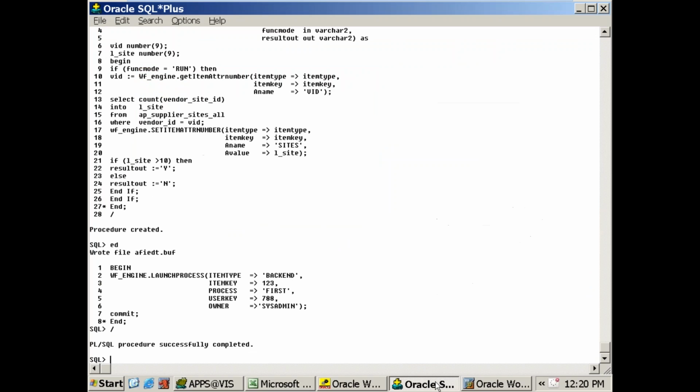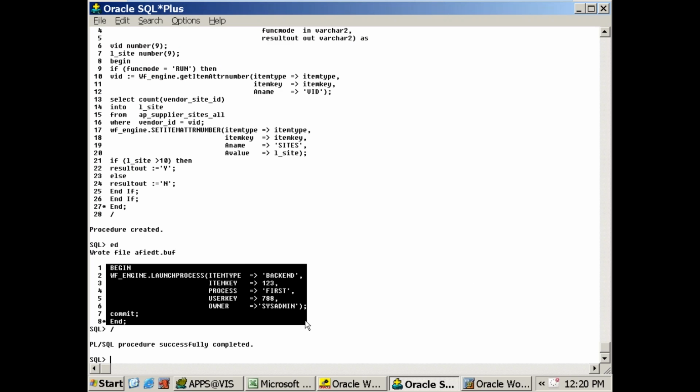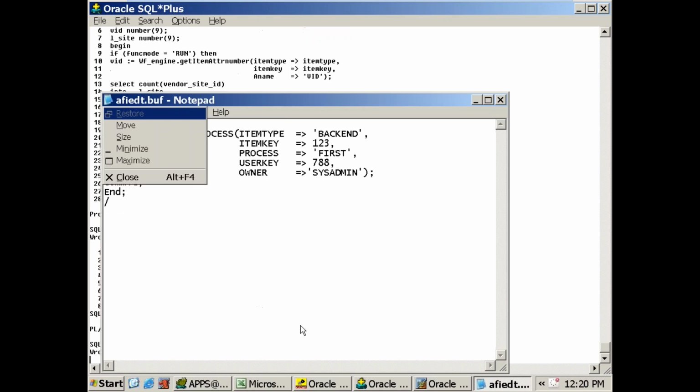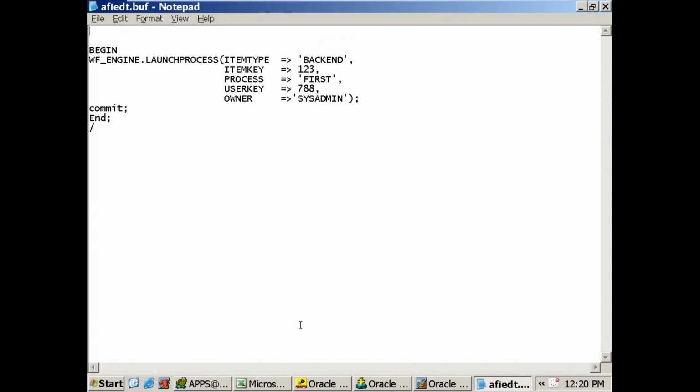Fine. Now you can make this script as a concurrent program. Make this script as concurrent program and execute from SRS window. How will you make it? Create or replace procedure W SRS. What are the two parameters? Error buffer and